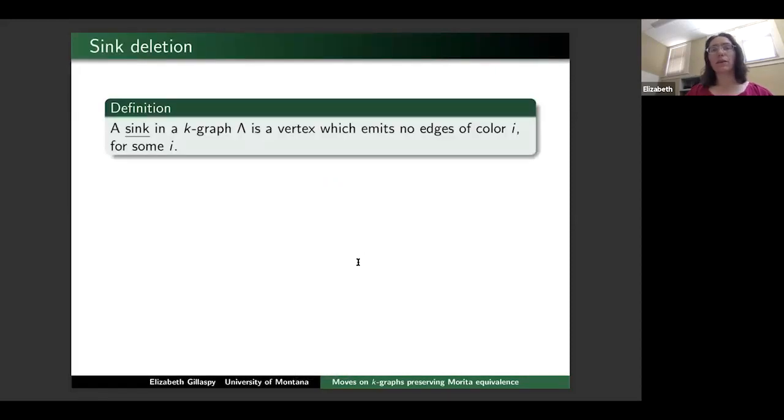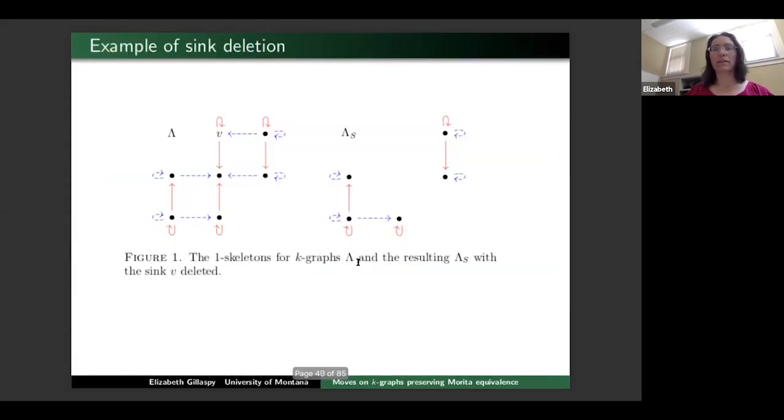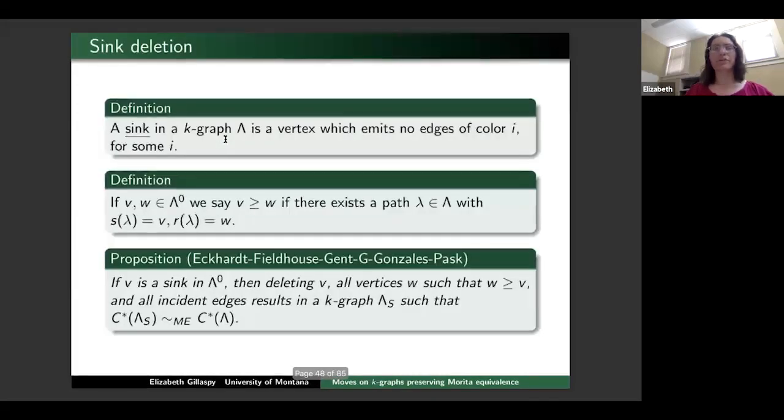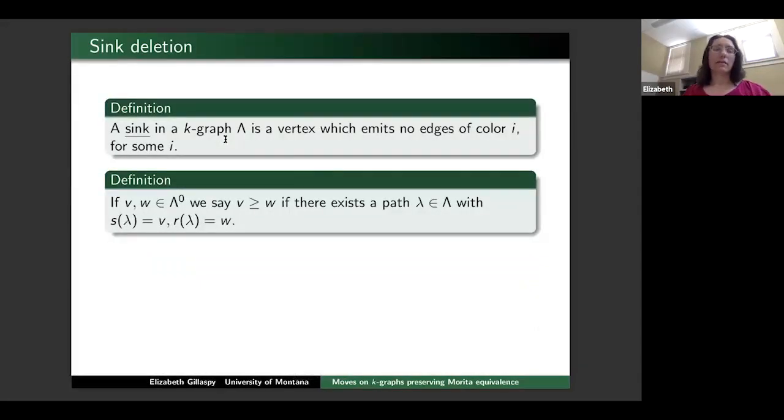So a sink for us is just a vertex which emits no edges of color i. So it's a sink for color i. It doesn't have to be a sink for all colors. Let me pop ahead to this example here. So v here is a blue sink, but it's not a red sink. Okay, and if you've got two vertices in your k-graph, then we say that w is less than v,